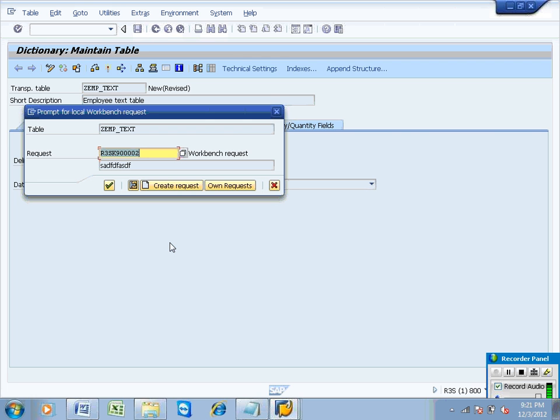If you want to transport, then the object needs to be selected in the transport request. We are selecting the object into the transport request, and a transport request will be assigned to the package. Now, the table is connecting into this request. This request is assigned to the package called DB. Okay? So I am selecting the table in this request.